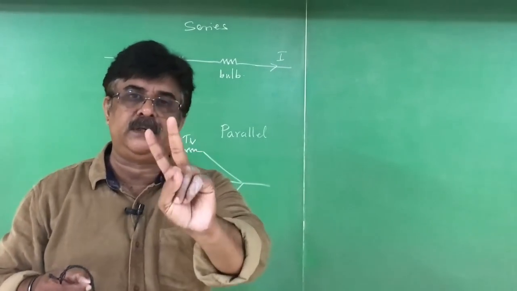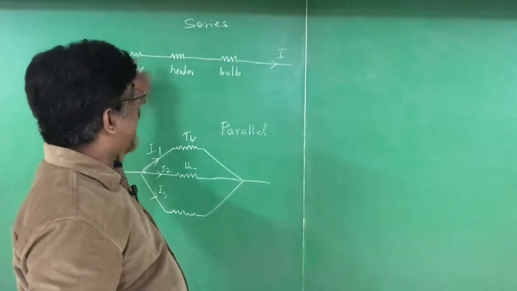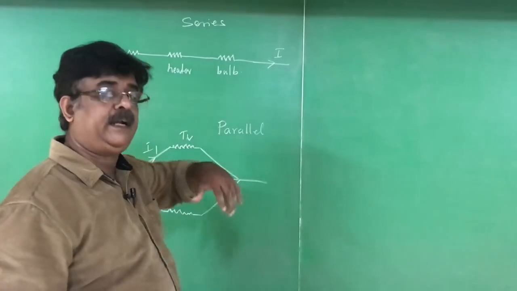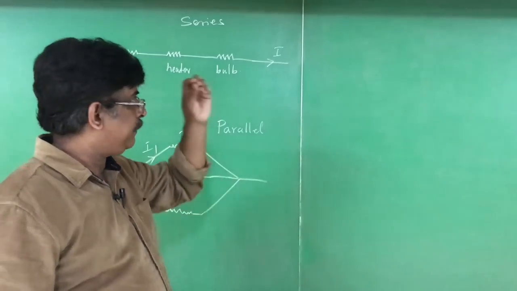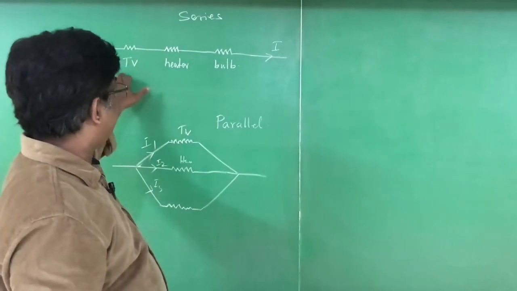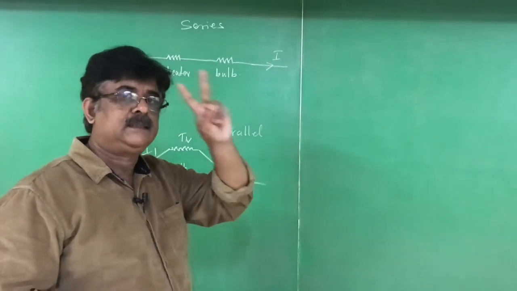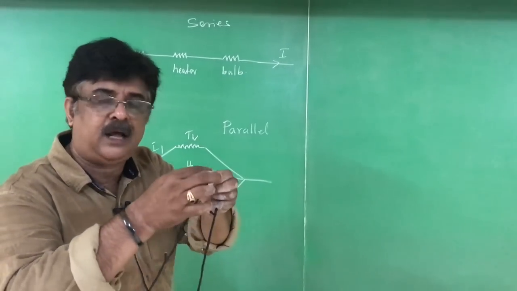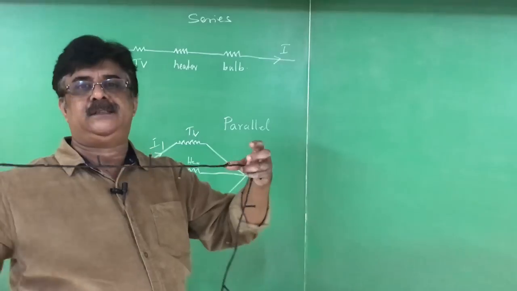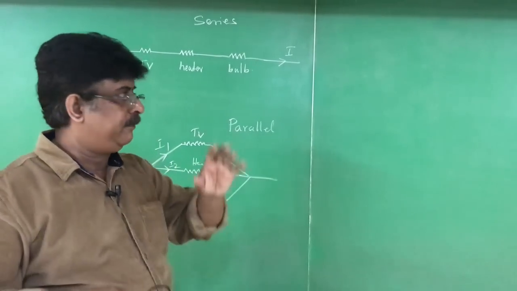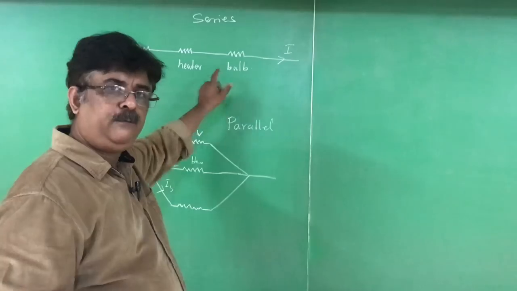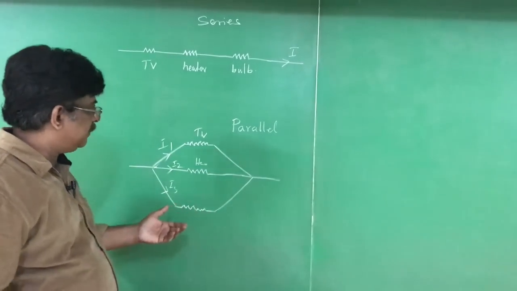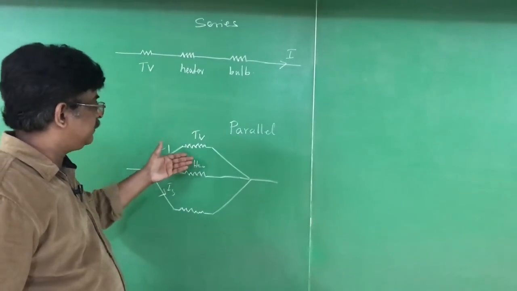In series connection, there are two disadvantages. One is, since the electric current is constant, different electrical gadgets requiring different amounts of electric current cannot work. Therefore, it is practically impossible to connect electrical gadgets in series. The second thing is, in series connection, if one gadget breaks down, the whole circuit breaks down. Therefore, for practical use, we don't use this. We are using it for decorative purposes like this. For our domestic purposes, we connect all electrical devices in parallel.